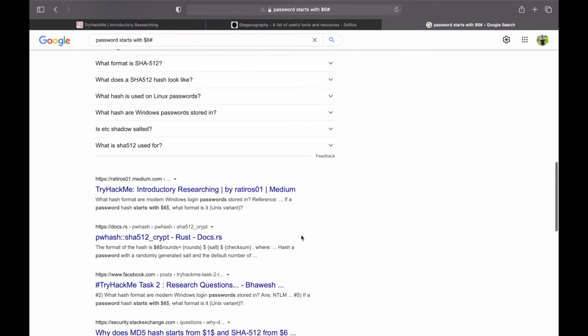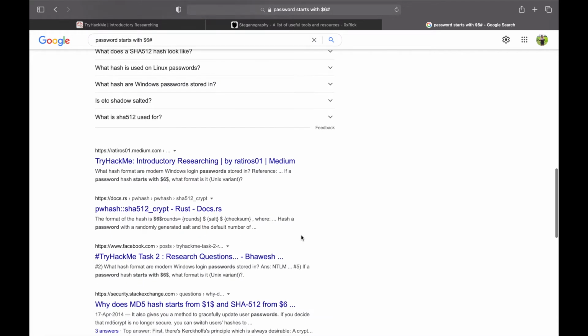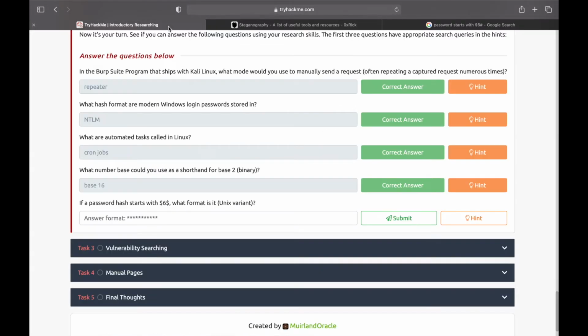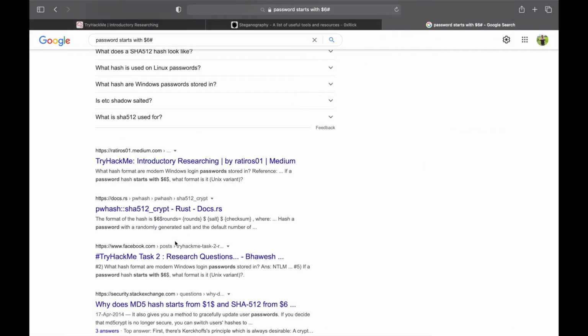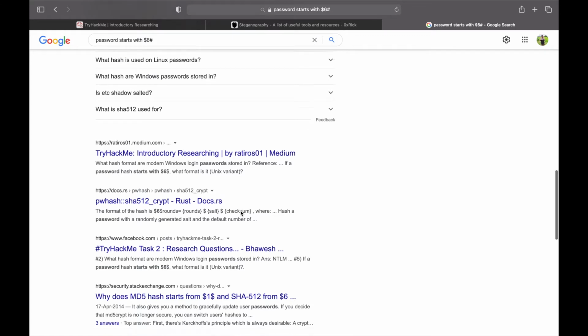So is there anything like Linux SHA-256? Let's see. Linux SHA-256. No.